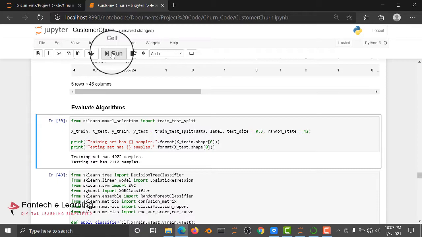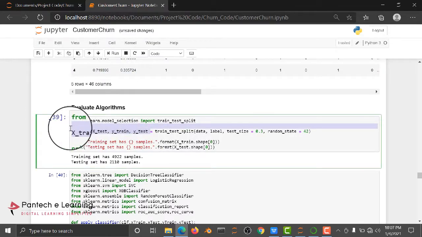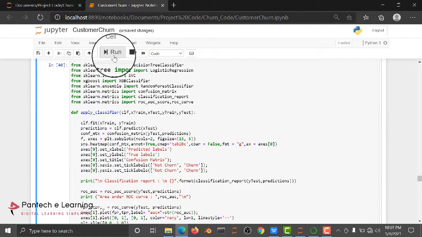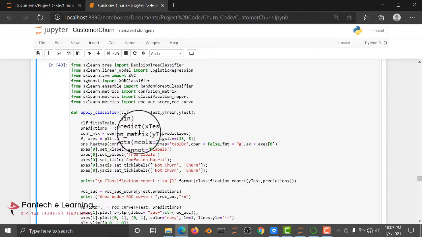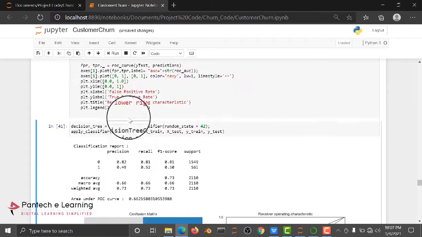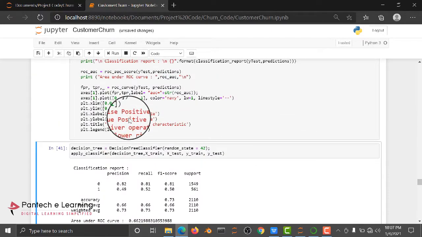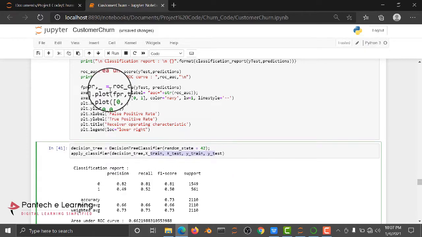First of all we need to use train data to train the algorithm and test data to test the algorithm. So here we are dividing our dataset into two types, train and test splitting. Then after that we are using some machine learning algorithms like decision tree and others, but here I am applying the classifier by using a function. Okay, so whenever I pass the data I will get an output result. These are the parameters: decision tree, xtrain, xtest, ytrain, ytest.